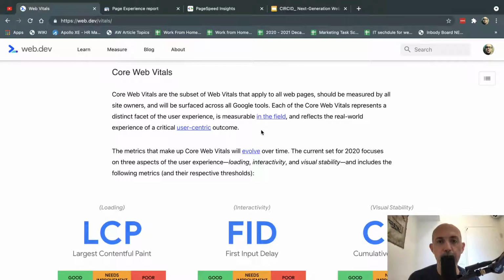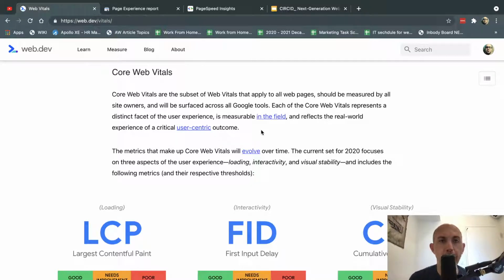And in general, having a better, faster-loading, interactive website also helps you with conversions. This is a really important part. So the faster website you have, the fewer pop-ups, the fewer things that are moving, the fewer bugs, the better interactivity, the more you can sell or convert your visitors on your website. So in general, Core Web Vitals are trying to help you improve your website, get better SEO, and convert better. If you have an e-commerce site, you're going to sell more. If you have a lead generation site or a services site, you're going to get more customers.